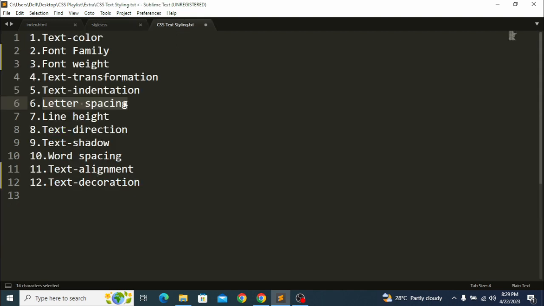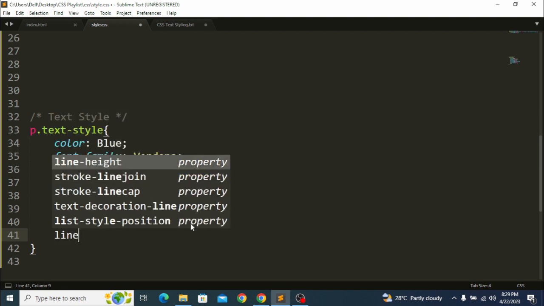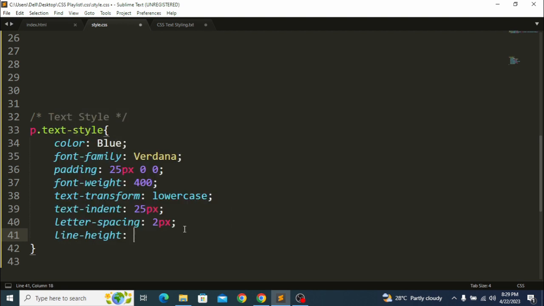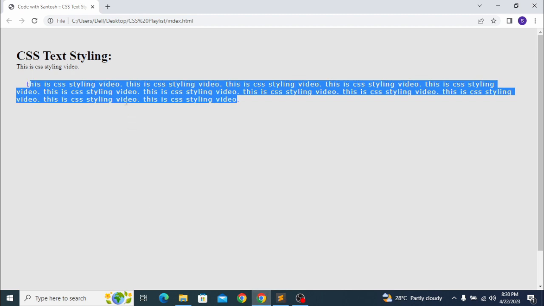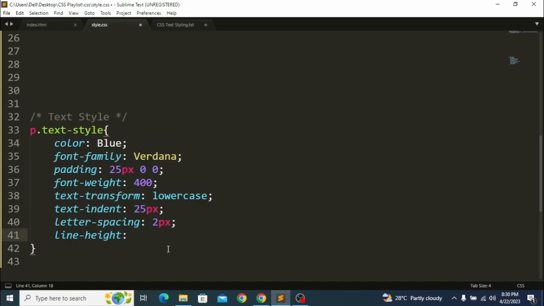Okay, so the next one is line height. Line height also plays an important role while styling our text. Suppose you can see that here the lines are very congested. Okay, so it is not looking good on the browser. So let me add some line height. Say I will add 30 pixels,